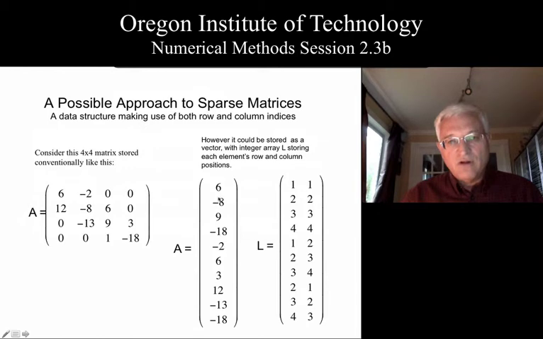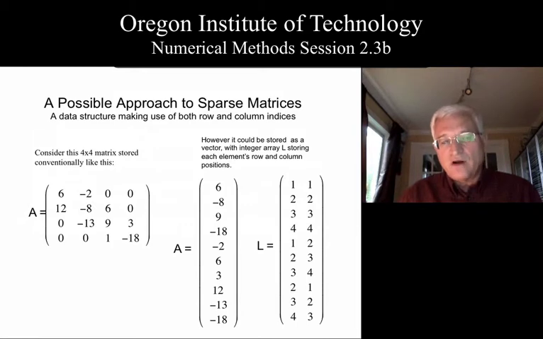Now, in general, we would have to also keep track of what the row and column positions were in a second matrix. So for example, the 6, when we store it in position 1, will need to store in a side array, which I'm calling L, that has 2 columns and 10 rows. We'll put them as an integer array. As we move down to -8, that is stored in location 2, 2, so we record that in the L matrix. And so forth as we walk down the main diagonal and major and minor diagonals, we keep track of the location that they were in.